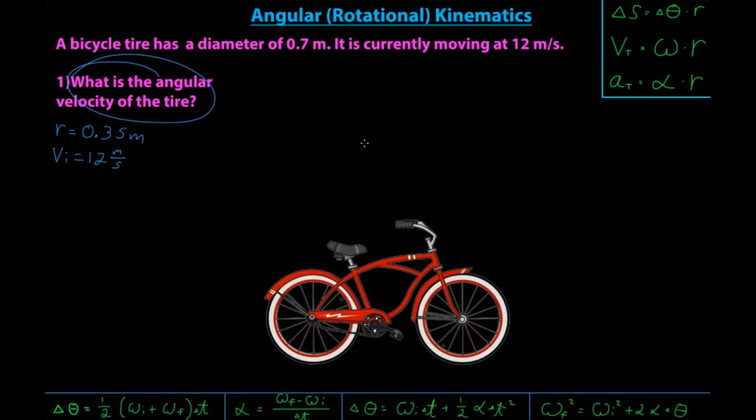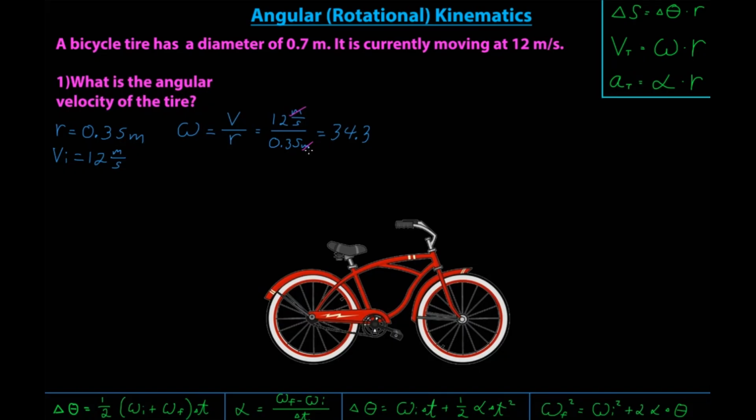What is the angular velocity of the tire? Well, that's omega. It's right here. And we were pretty much just handed both things we need. So omega, I'm going to divide by r, 12 meters per second over 0.35 meters. Meters cancels, and you get